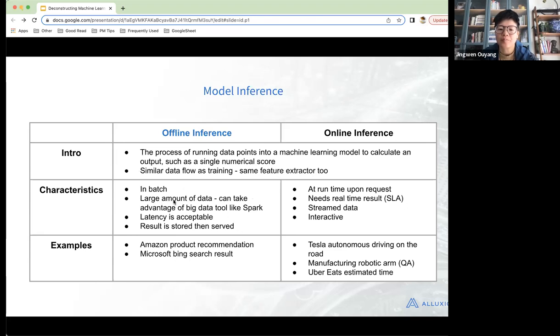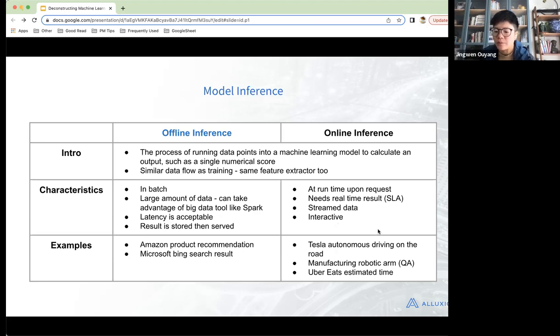So usually at the same time, there's a large amount of data. One of the popular tools is Spark. The latency is somewhat acceptable here, and then the result is stored, then it's being served.